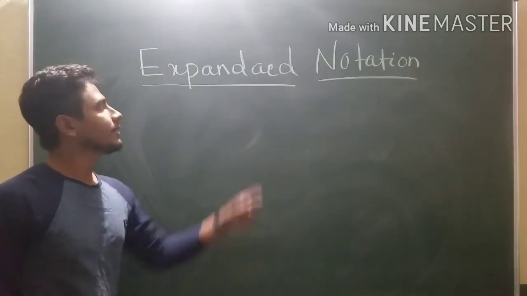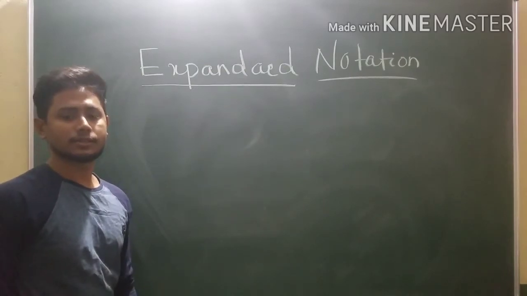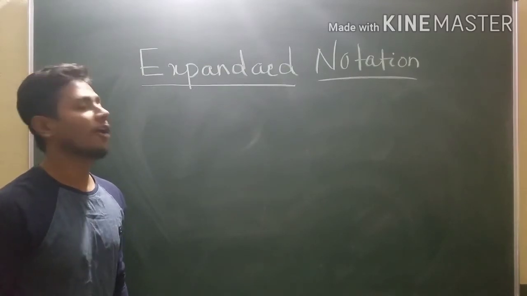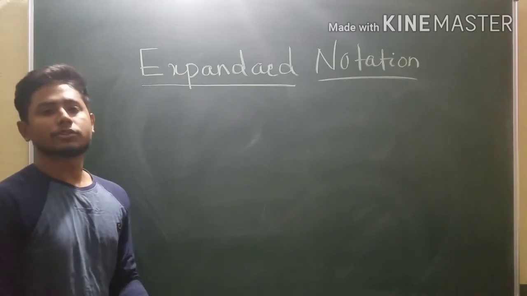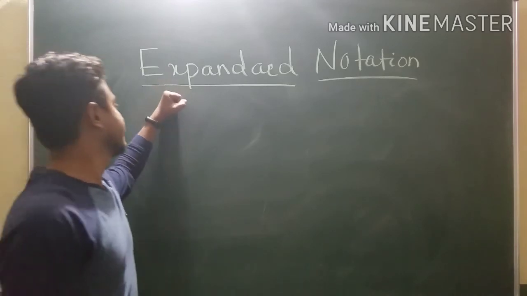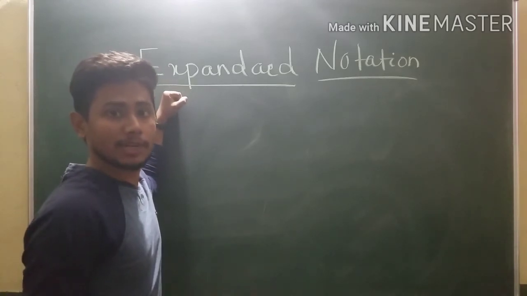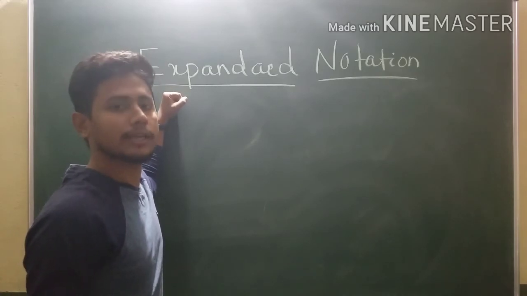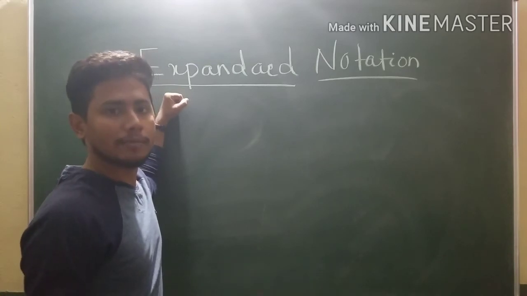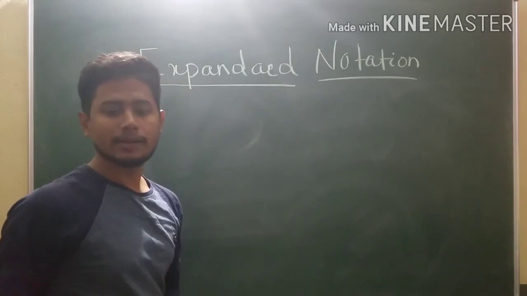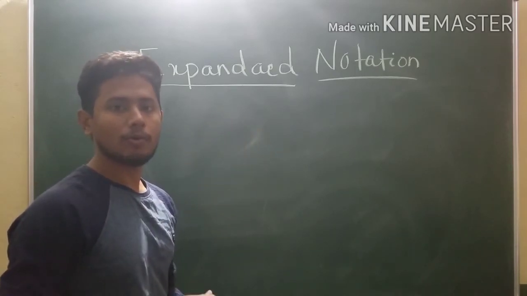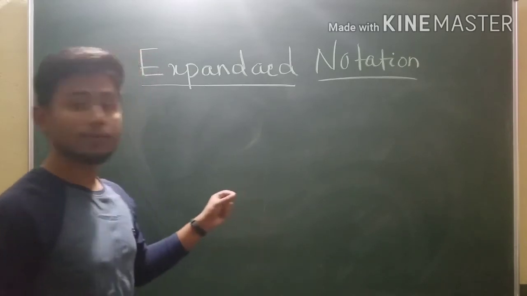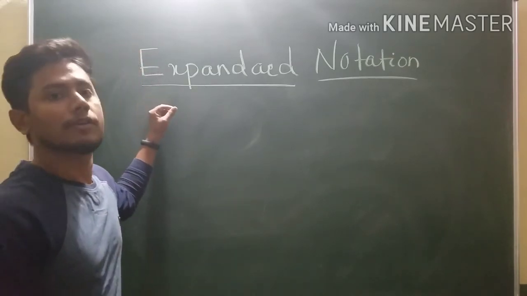Now we start expanded notation. How can you find expanded notation of a number? We already found expanded form of a number. So this I already described in previous classes. If you don't see those videos, then subscribe my channel and tap on bell icon. Then go to playlist. In that, in 4th standard video, you get first to last all the videos for you. So if you don't see that video, then go once again.